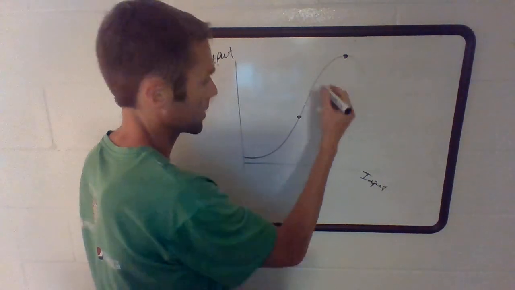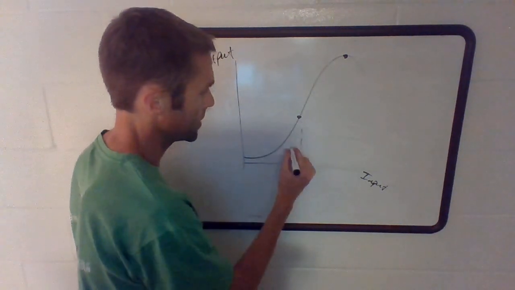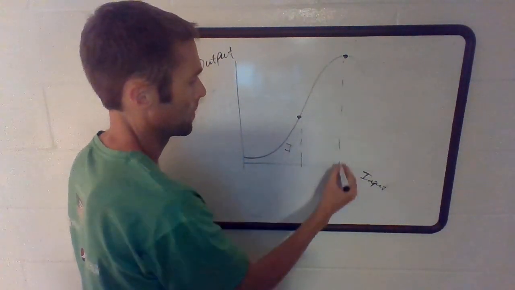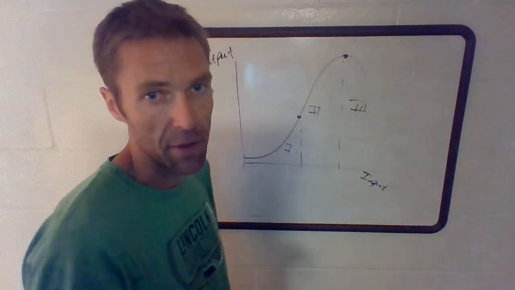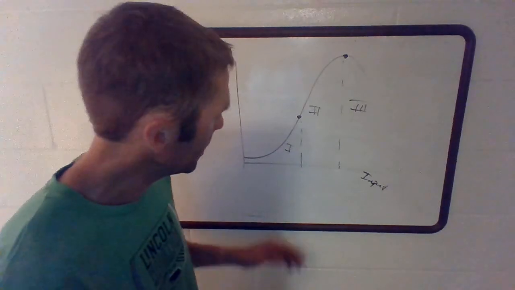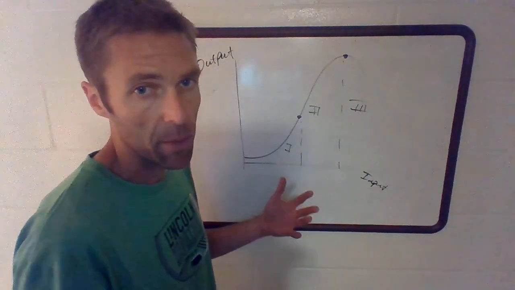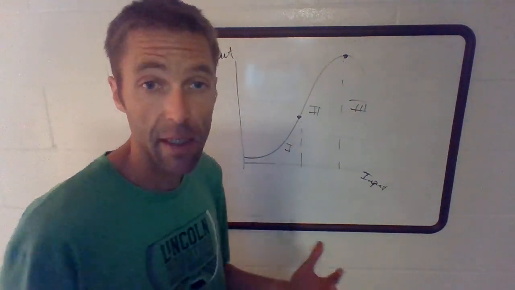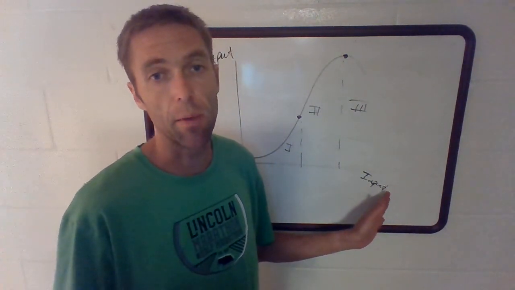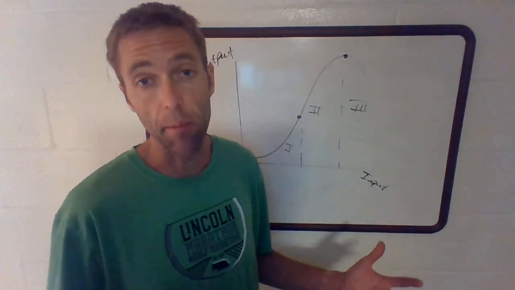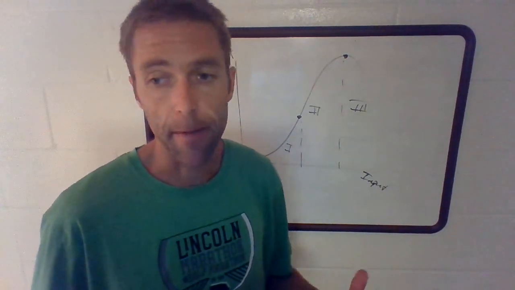The three-stage production function has, of course, three stages: stage 1, stage 2, and stage 3. Now, stage 1 is not where we ever see input use, because it simply doesn't make any sense. We can look at growing plants or putting weight on animals, or we can look at input-output functions in terms of